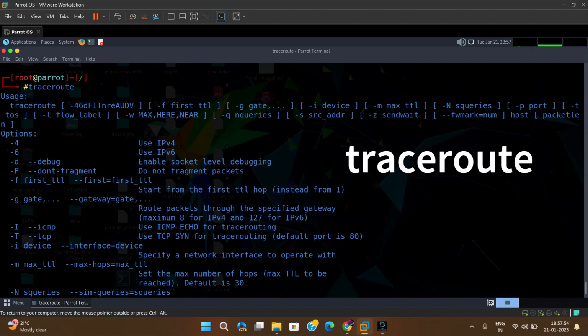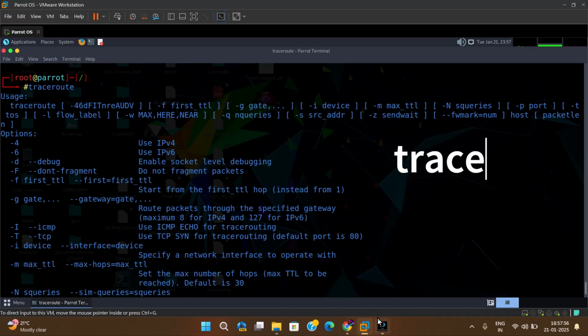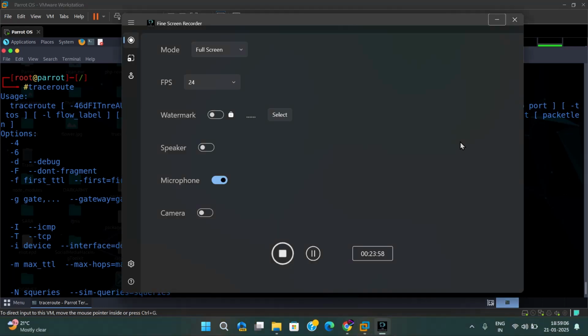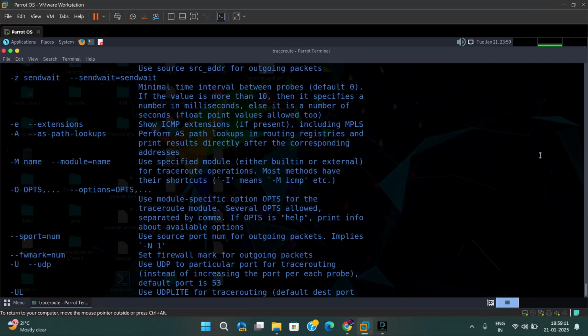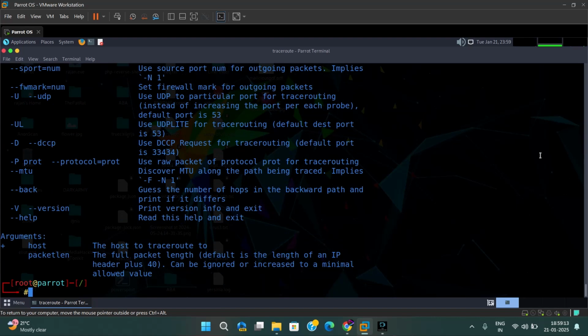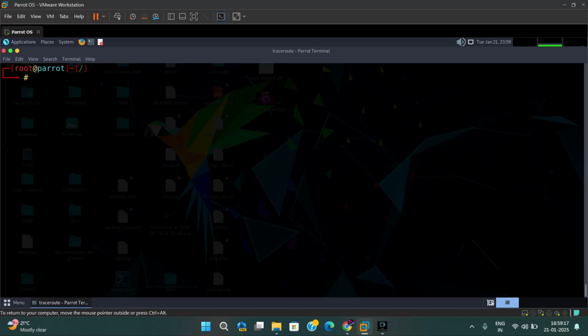So this command has multiple uses, but the main use of the traceroute command is that it lists all the detailed path by which your packet is going to reach its destination. For example, let me show you an example by which you can understand easily. So for example, if I give the command